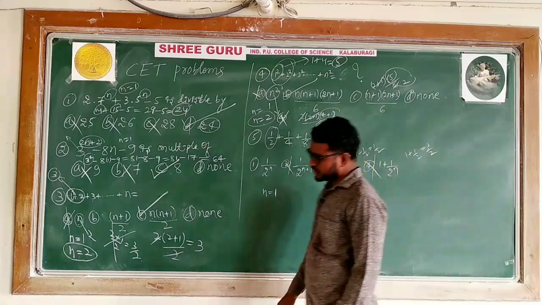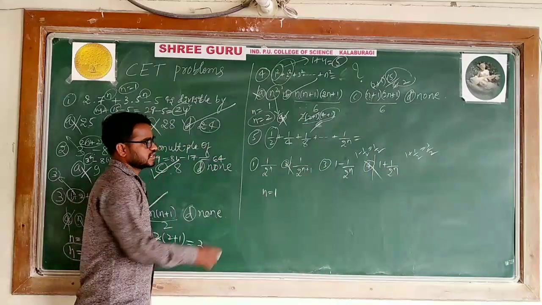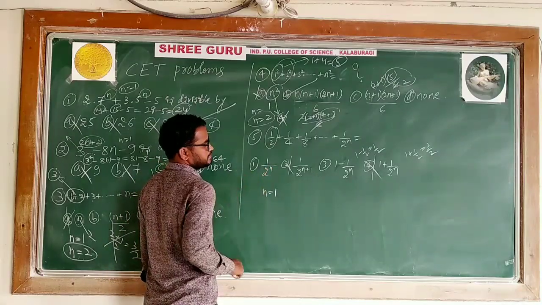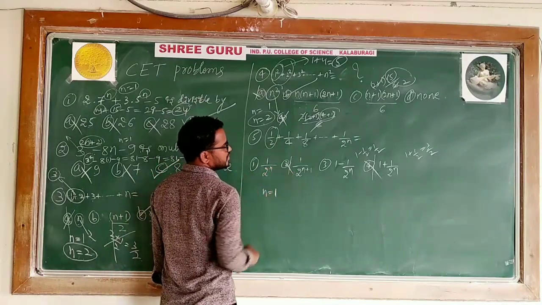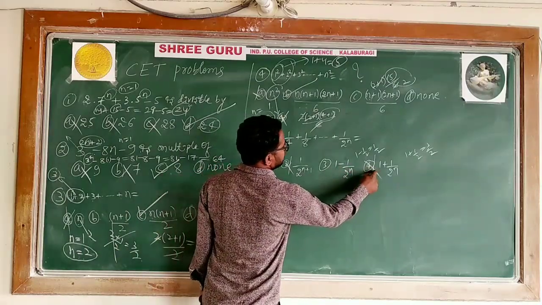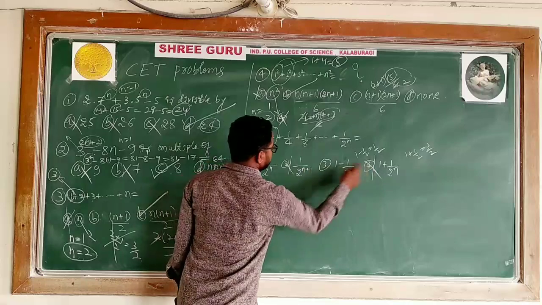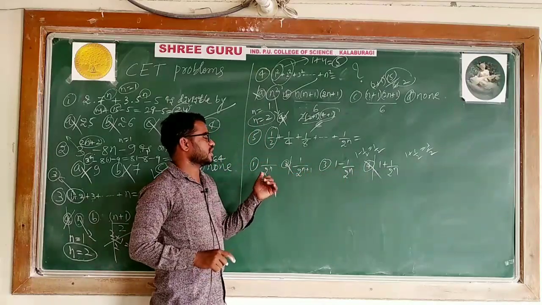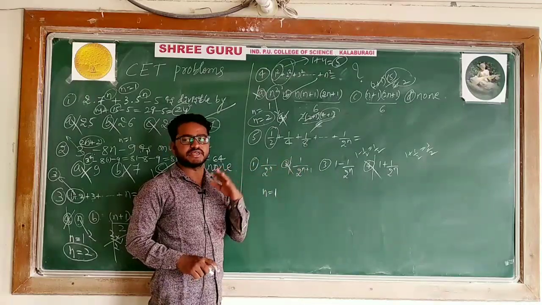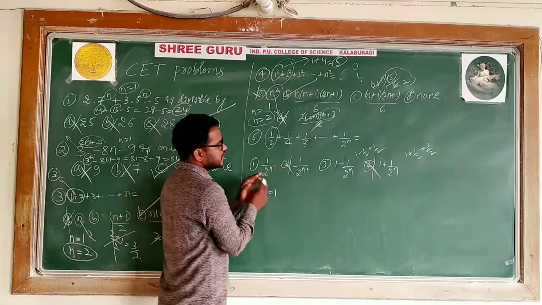So but the problem is what? Here we are satisfying two things. When you are taking n is equal to 1, first option is also 1 divided by 2. Second is not 1 by 2. Third is also 1 minus 1 by 2, which is 1 by 2 only. Fourth one is 3 by 2. These two are wrong. Means out of 4 we remain with the first option and third option. Means we have a 50-50 possibility.